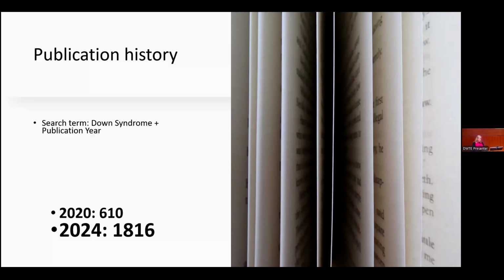I'm sharing a slide that I had shared once previously. I shared a similar slide in 2020 with some information about publications. This isn't for the whole decade. This is just for those calendar years, but this is medical publications related to Down syndrome. And you can see that early on, there was very, very little. And part of it was that folks with Down syndrome just often weren't included in research. And so having research centers like this one that were really dedicated to understanding more about conditions like this has